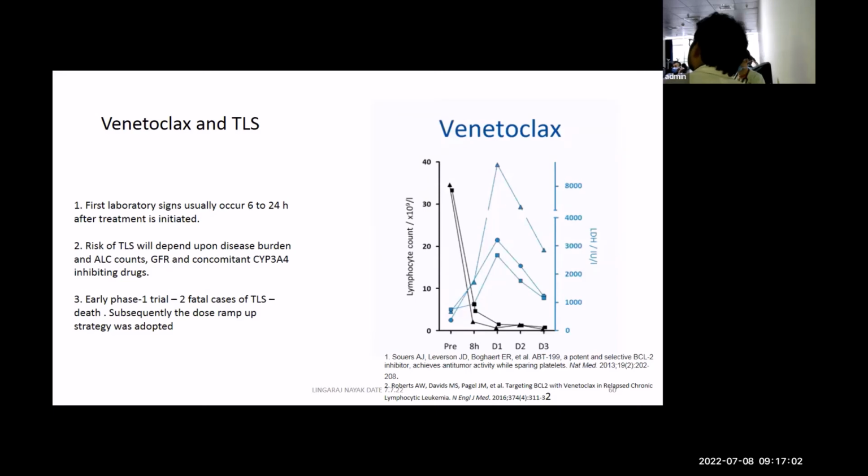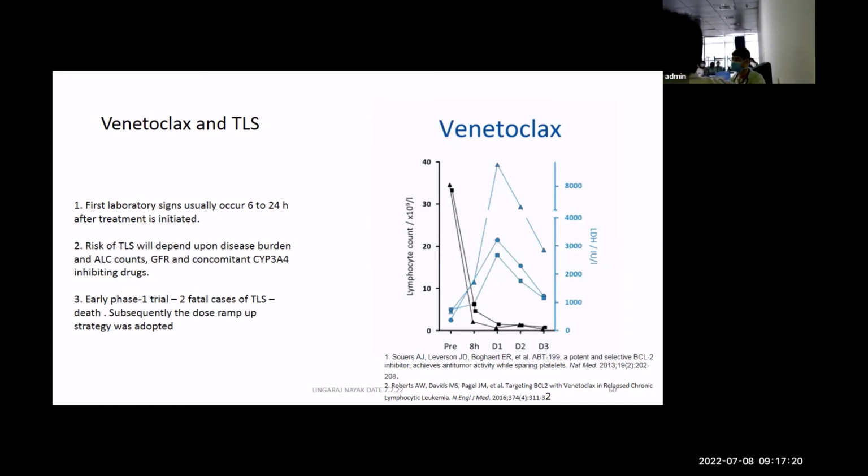So what is the implication? You get tumor lysis fast. You have to check your lysis parameters, and the next check should be after 8 hours. Why this? That's exactly the concept of dose ramp-up in trials. When they did the early phase data, this is an Indian paper I have tagged, early phase, there were two fatal cases of CLS and death.